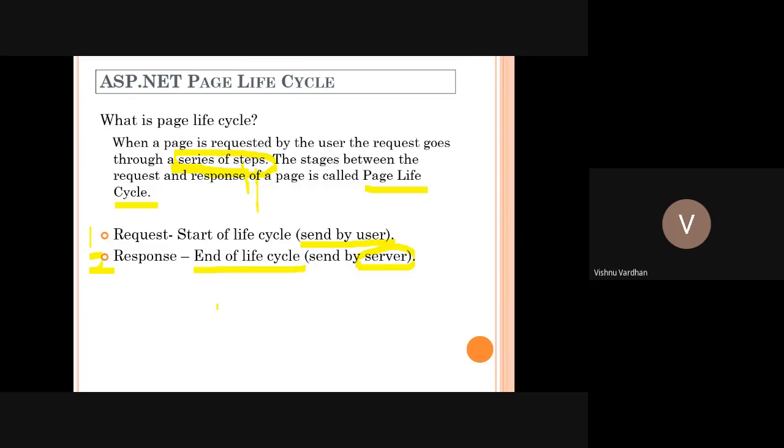Request means whenever any resource is asked of the server. But after processing that request, some content is to be delivered to the client. That content delivery mechanism is called the response, and the response is given by the server.